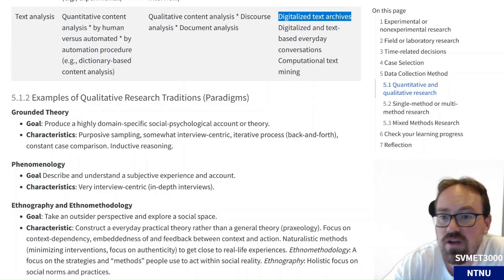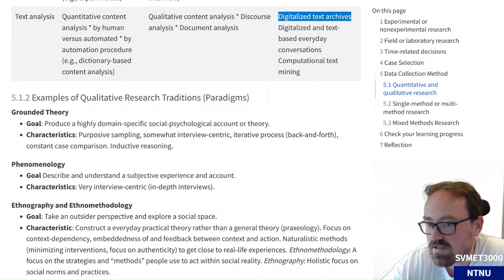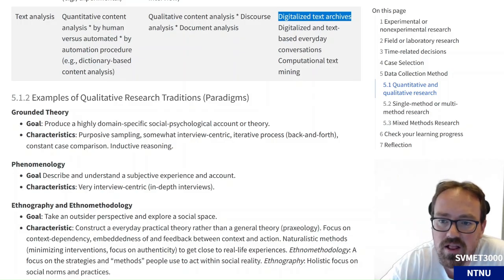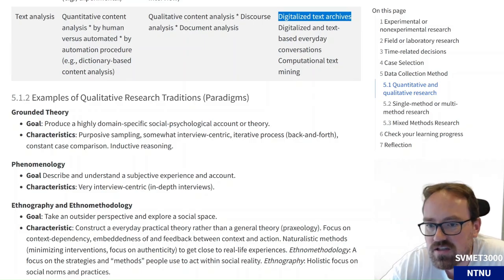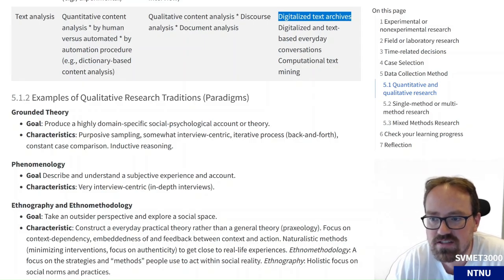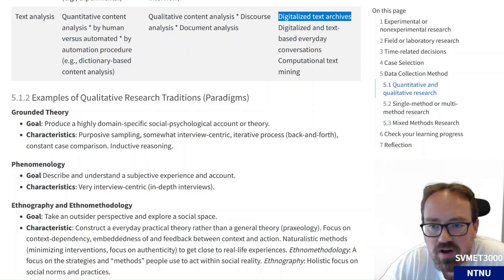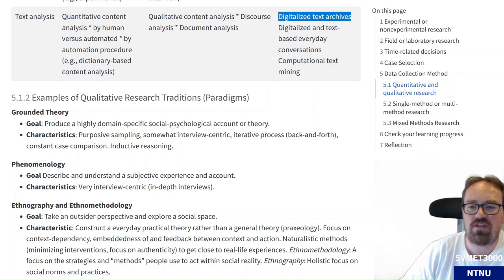We have a stronger degree of digitalization and text-basedness of everyday happenings and conversations that we in principle could tap, but there's ethical considerations there as well, and an uptick in so-called data donation studies where people would cooperate with scientists and share, for instance, their social media profile with researchers, so they can examine these kinds of text data that